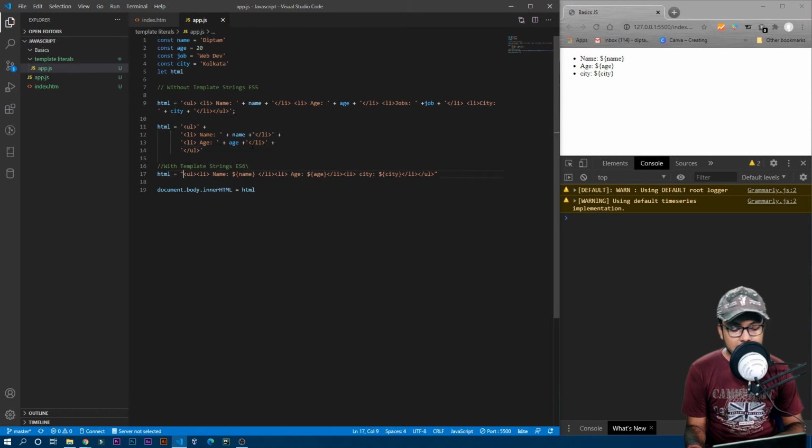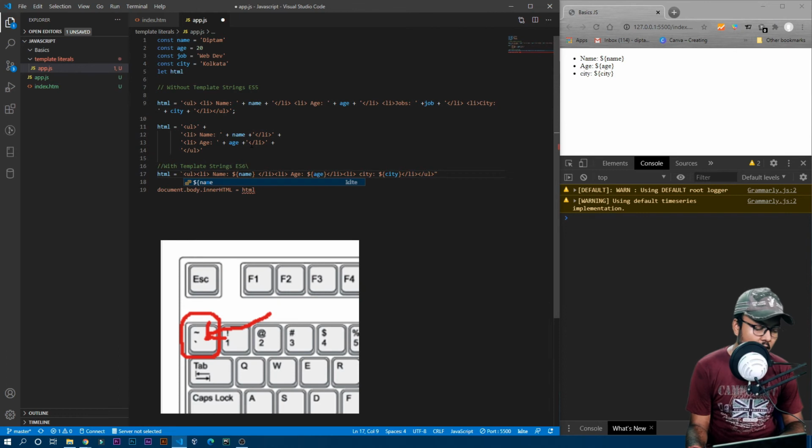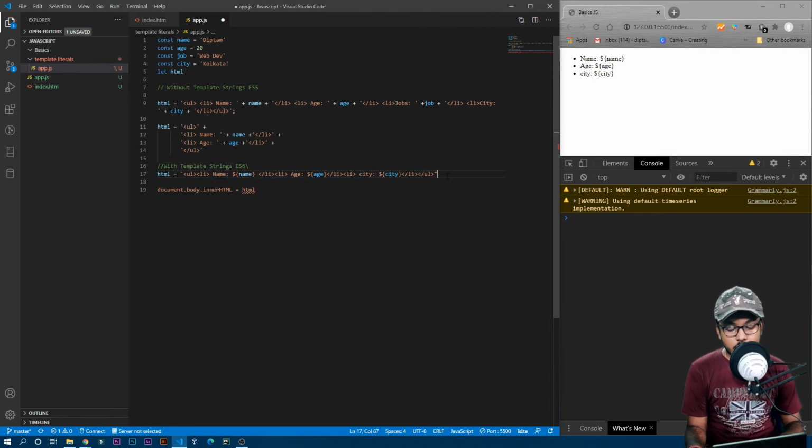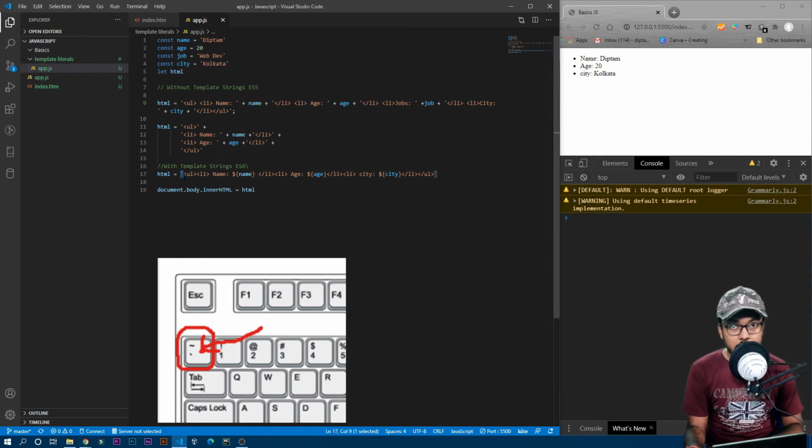So to show that thing, you need to use this symbol. I don't know the name of this symbol. It is actually above your tab button on your keyboard, so you have to use this symbol. Okay, now if I save it, you can see name is diptam, age is 20, and city is Kolkata. Now it is working fine. So remember one thing, you need to use this symbol, okay, which is above your tab button on your keyboard, okay, and under your escape button,